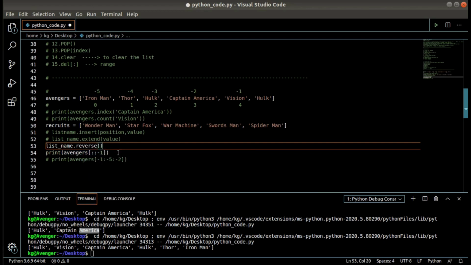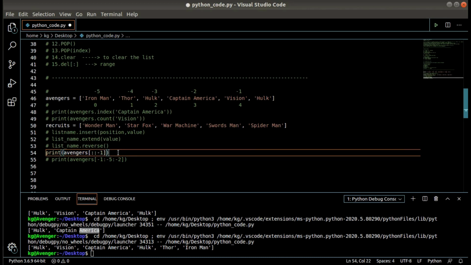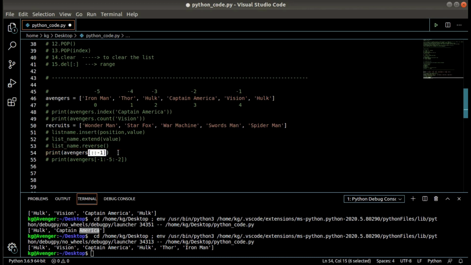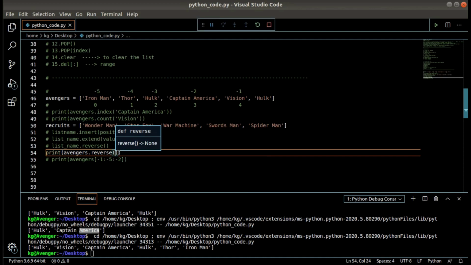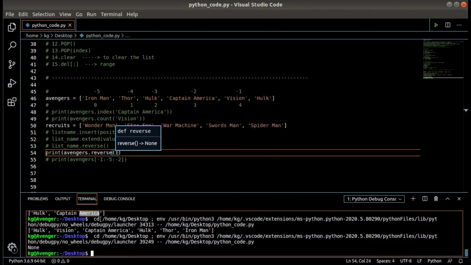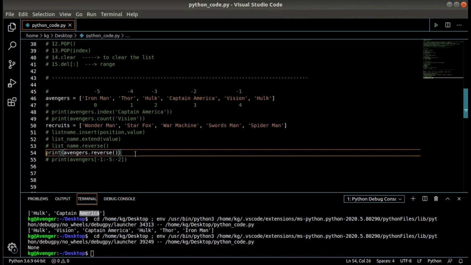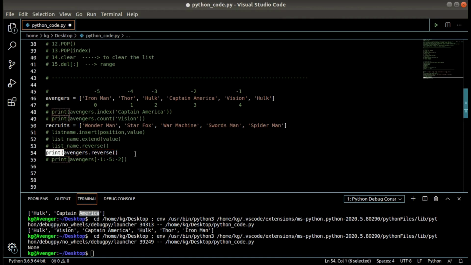So if I'm doing it over here, Avengers dot reverse. Just wait a minute, it's just throwing output as none.